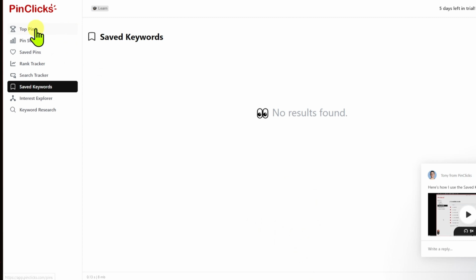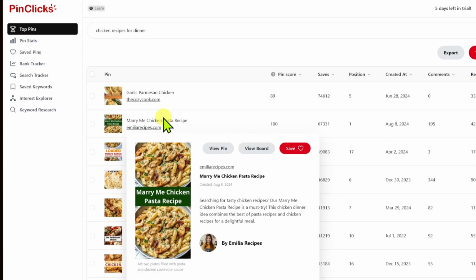So if we then navigate through the official website of Pinclicks right here, it will then go ahead and look